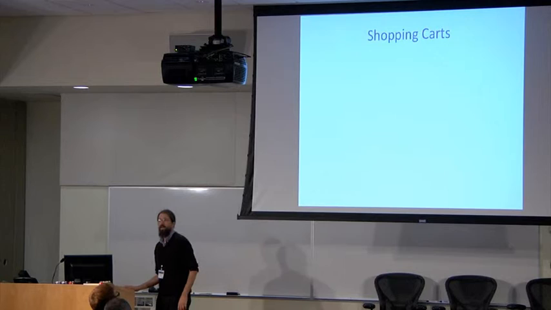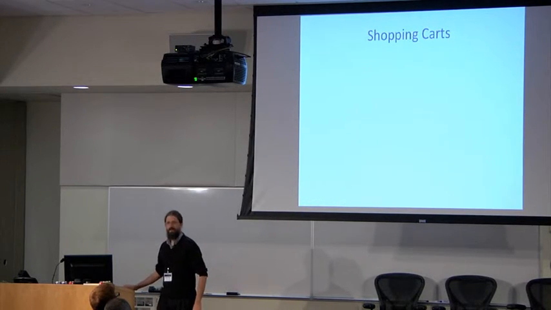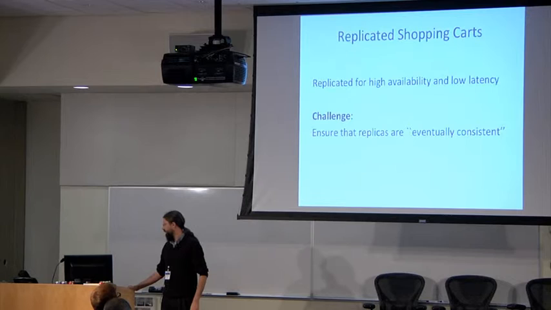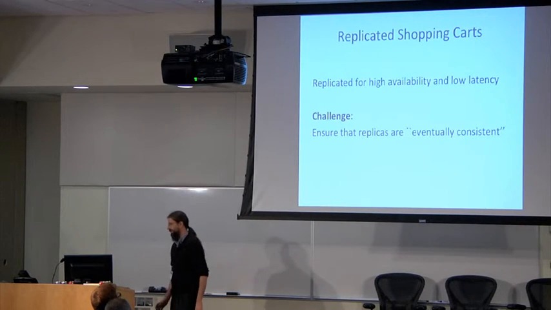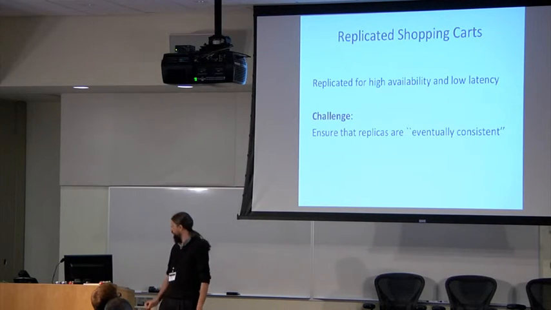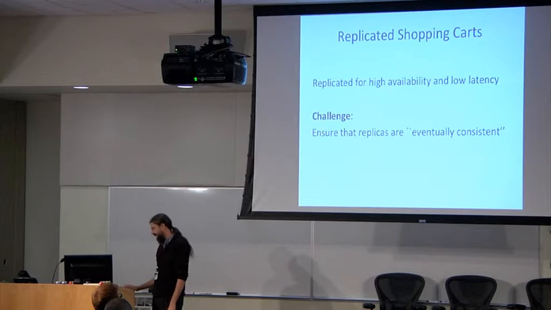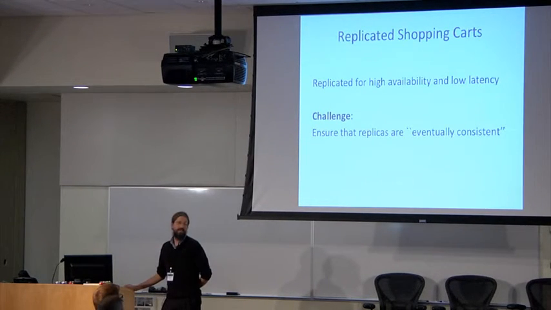So in the time remaining, which is not much, I'm going to demo a shopping cart application in Bloom and use these tools to reason about its executions. Why replicated shopping carts? Well, why do we replicate data? We replicate data because some of our servers might go down. We replicate data because we want to serve data from a server that's close. And the trick, as I said, is that the replicas may see the messages in different order, so how do we make sure they agree on the state at the end of the day?